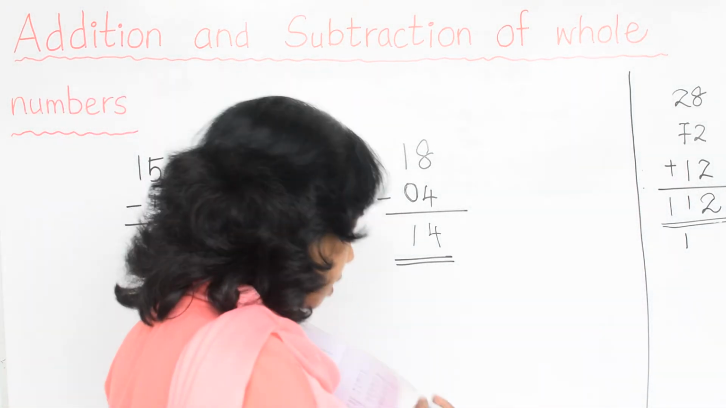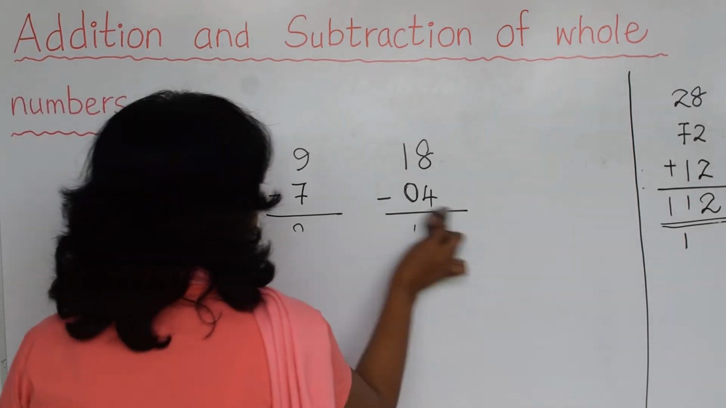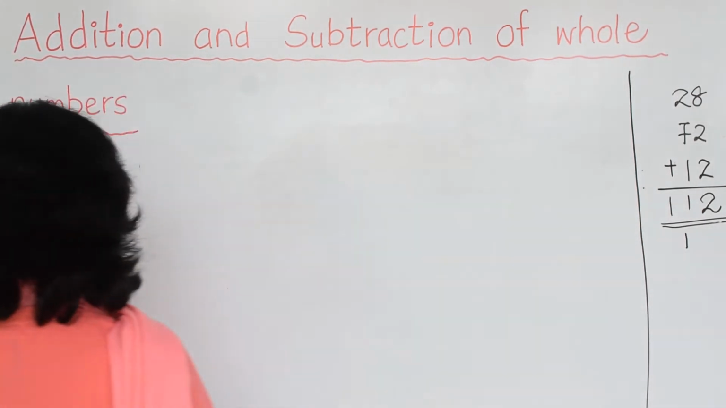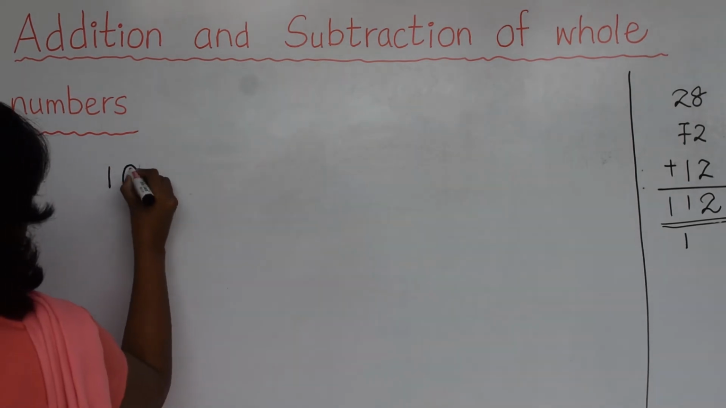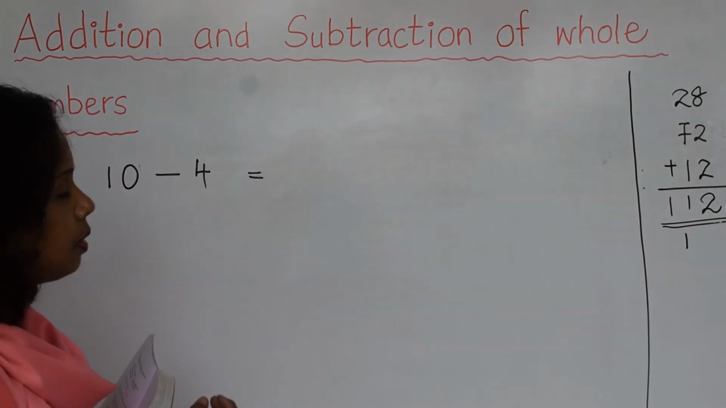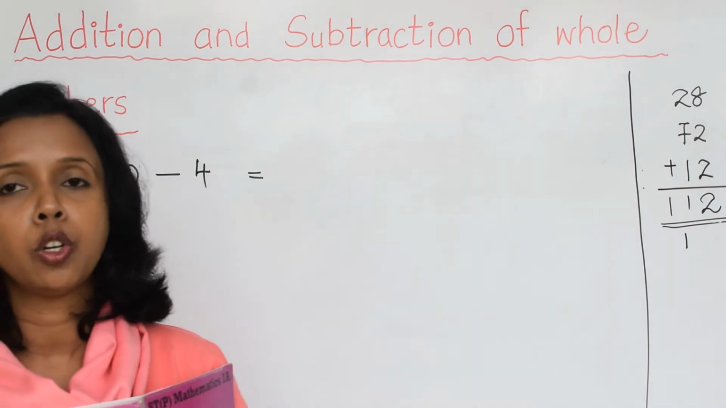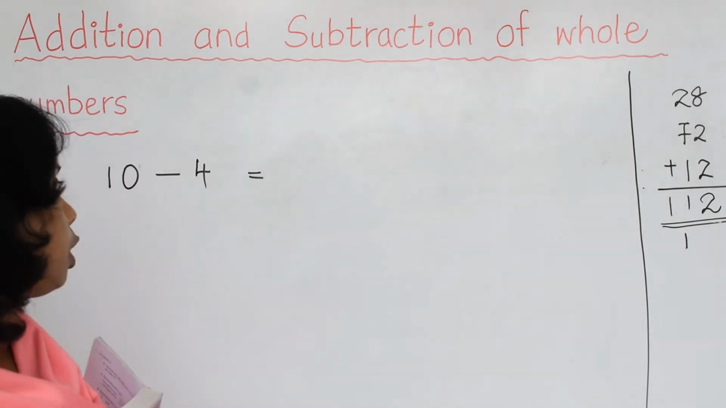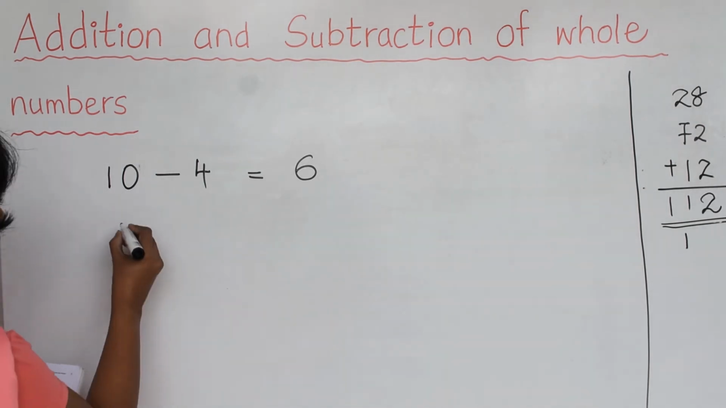Now look at this. Let's say you have like this. 10 minus 4. Now what you want to do, children? These are very simple ones. You can do them without going to the working column. Simply you can do this. 10 minus 4, it is 6. Yes, that is true. But let's say you have like this,